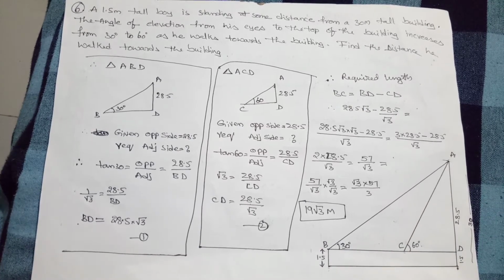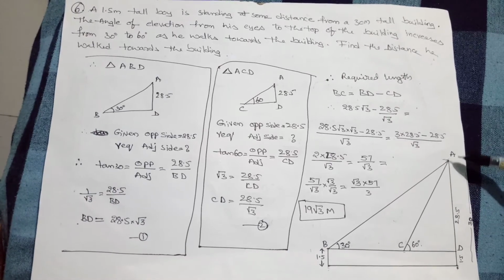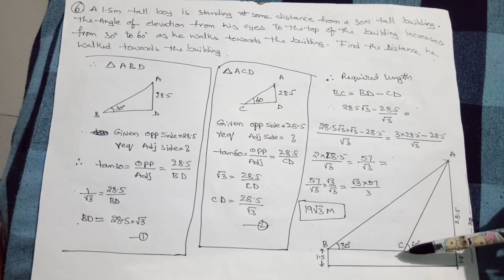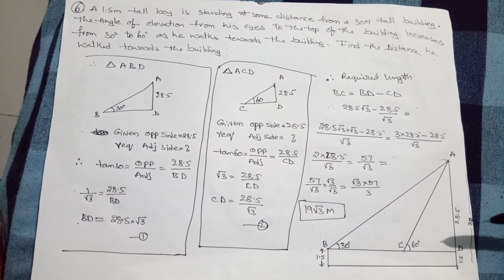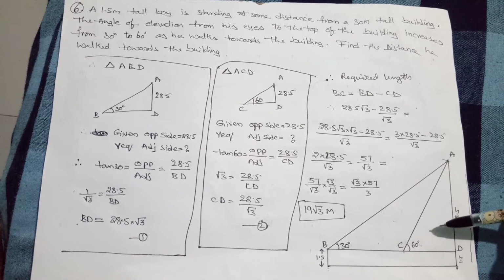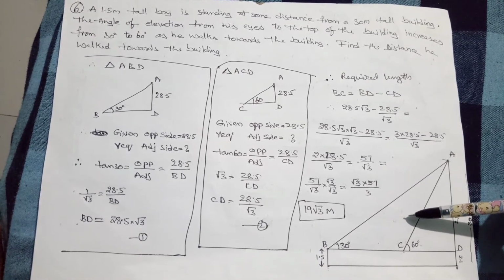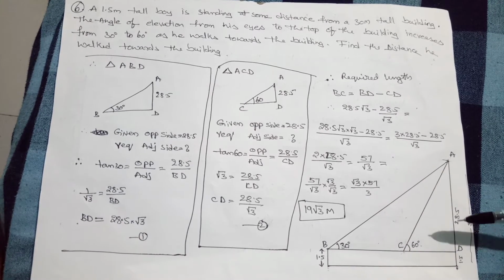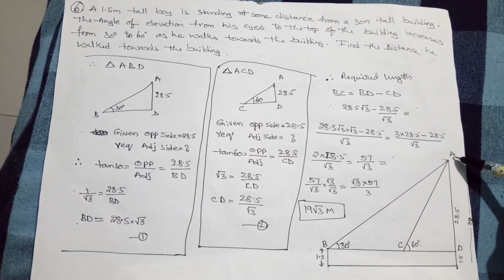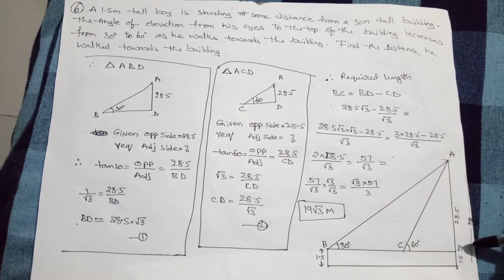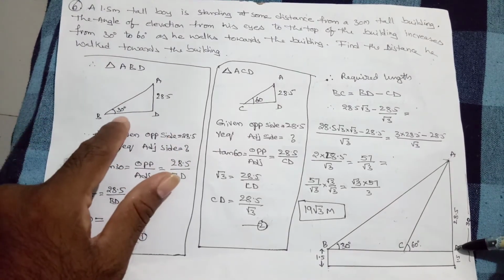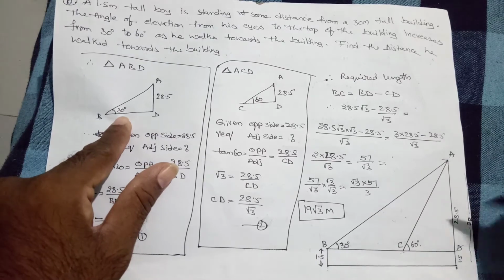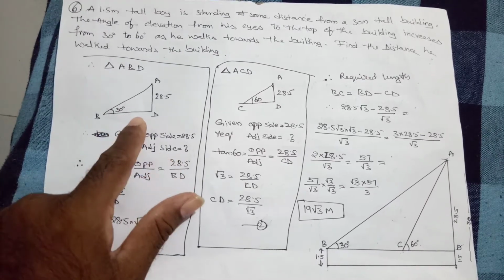Okay, now I am going to separate here. We have A, B, C, D. So we can see one triangle, second triangle, and the larger one, the third triangle. Now take triangle A, B, D. So you need not look at other parts of the diagram. I have just separated it.